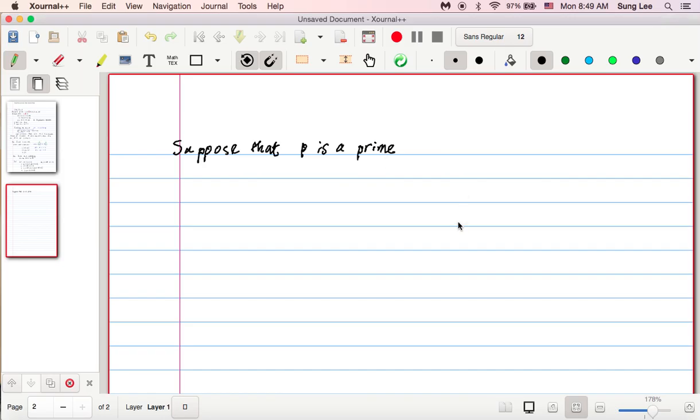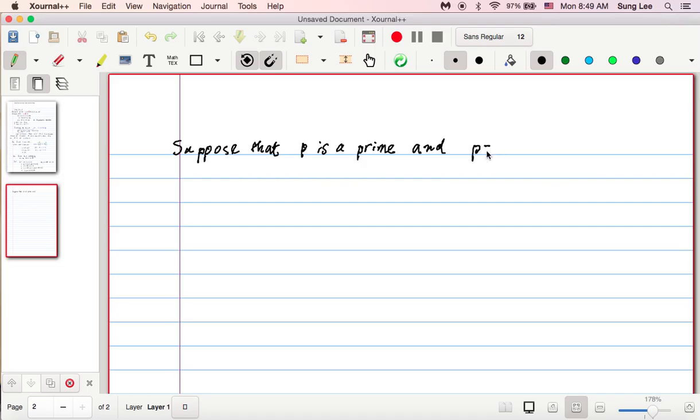In that sense, what I want to show is that in fact it coincides with the notion of a prime number that you are very much familiar with. So suppose that P is a prime number, a prime in short, and